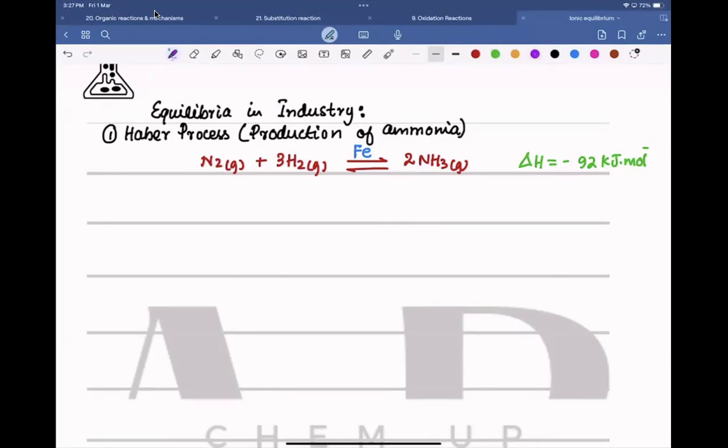Now, we will apply the Le Chatelier principle and see how the maximum yield is obtained. As the reaction is exothermic, the forward reaction is exothermic and the backward reaction is endothermic. So to obtain the maximum yield of ammonia,